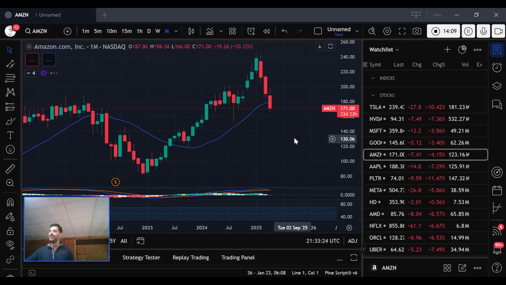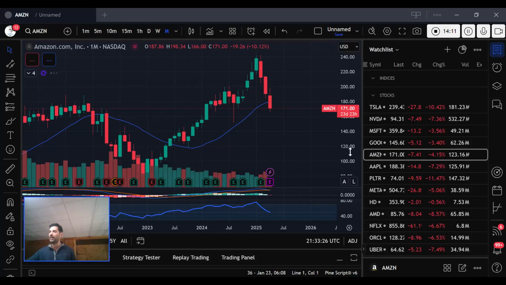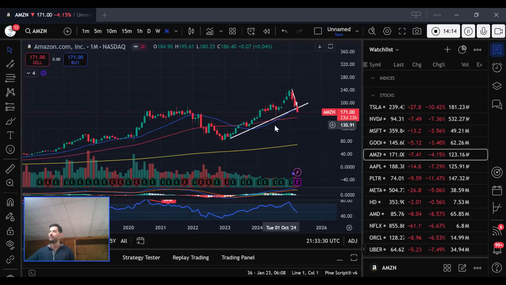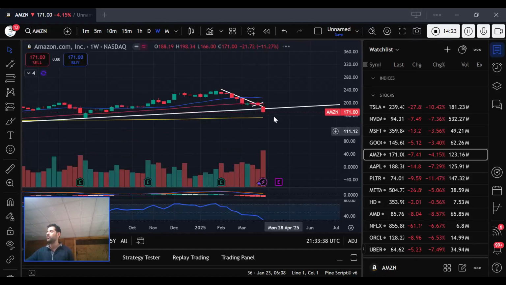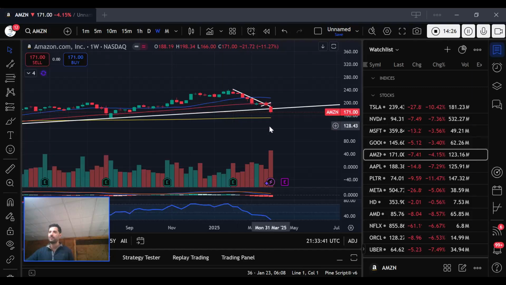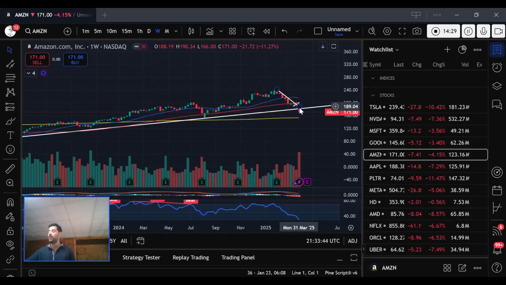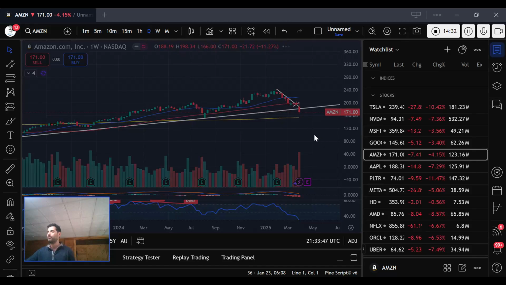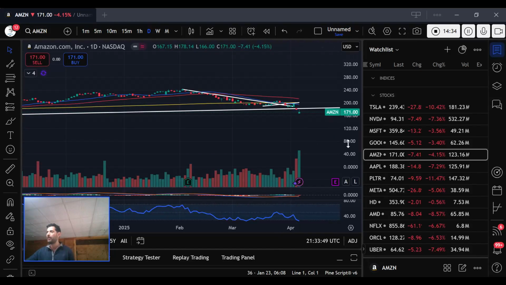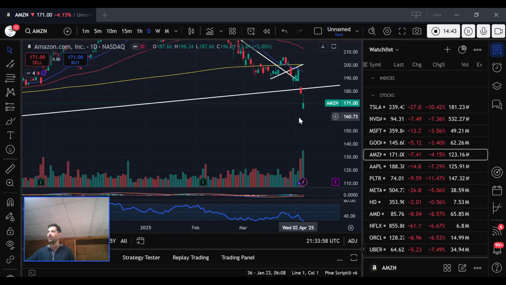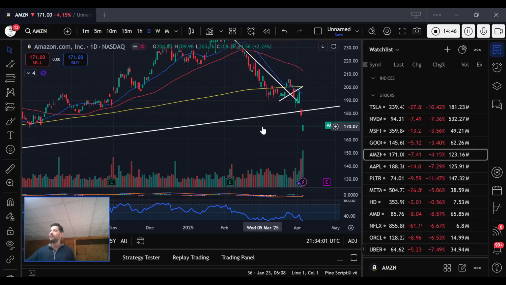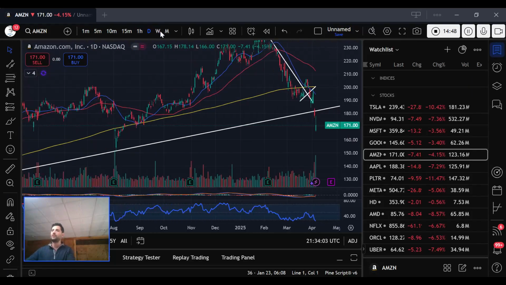Amazon got annihilated. I had a couple of support lines on Amazon. There you go, there's one of them at least. I said, when I was talking to a buddy of mine a couple of days ago, if Amazon breaks this trend line, it's heading lower, much lower, and it did. Not only did it break through, but it really broke through. And I think on Friday morning, I saw it at like 162, 163. I couldn't believe it. That was pre-market. So it'll probably get there. I don't think the selling is over.